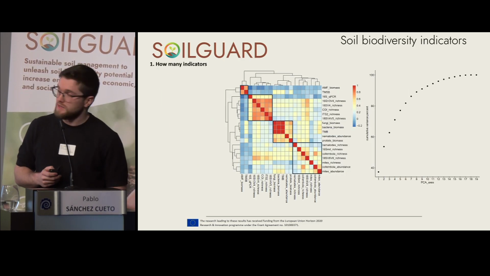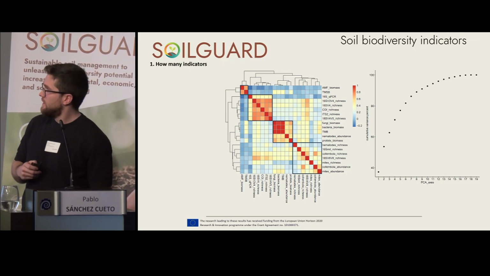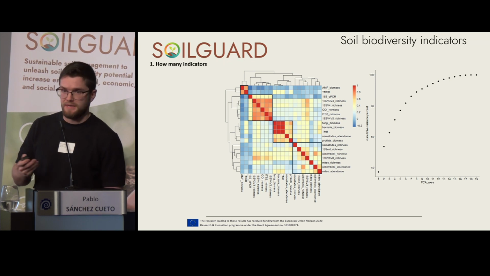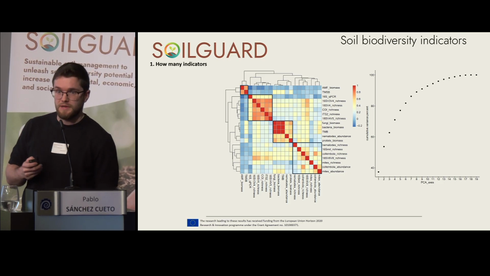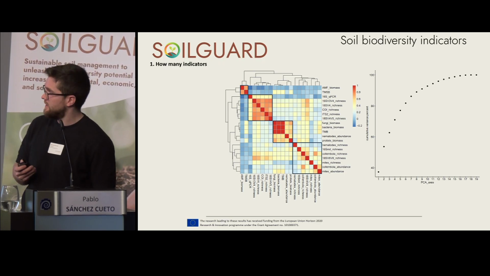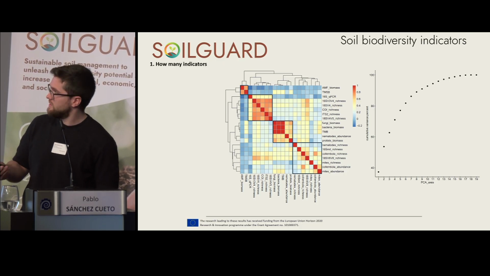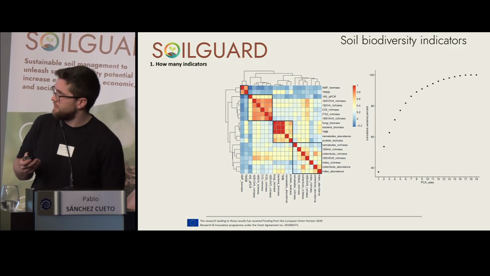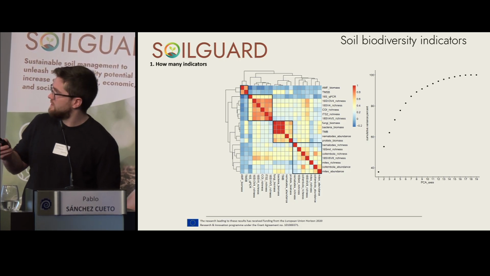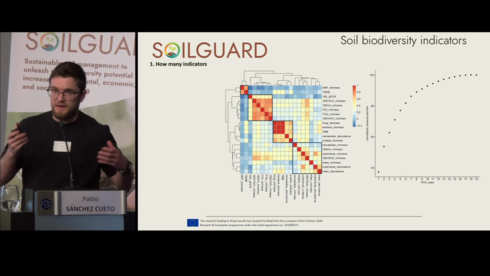To address the first question on how many indicators are needed to represent a good proportion of the biodiversity, we did two complementary analyses. On the left is a dendrogram showing the correlations between each of the diversity metrics measured in this study, where the more intense the blue color, the more negative the association, and the more intense the red, the more positive. Here we can see that the closer the cells are, it means they show a similar response in terms of